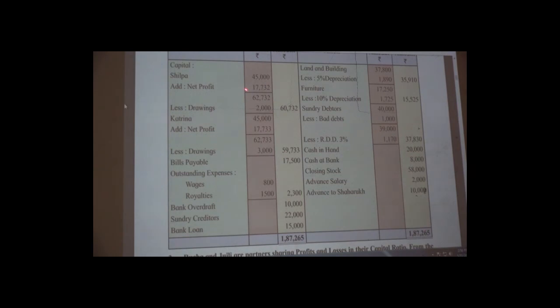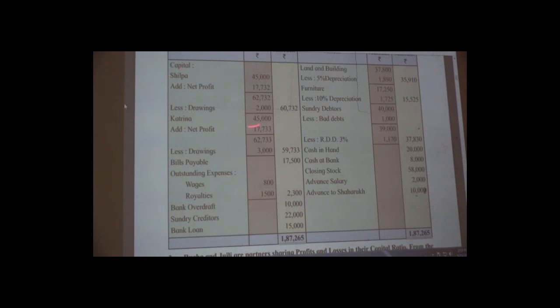Then we have seen some drawings were made by partners. Now this is the stage where we are going to deduct those drawings. Now deduct 2,000 from 62,732. The amount will be transferred to the outer column. Why? Because now there is no further adjustment. So Shilpa will have the capital, that is 60,732, at the end of the year. Okay, so what we have done here: firstly capital amount, add net profit, whatever amount is there, deduct the amount of drawings from that amount and write down the remaining amount on the outer column. Okay, so the same we will have to do with the second partner.